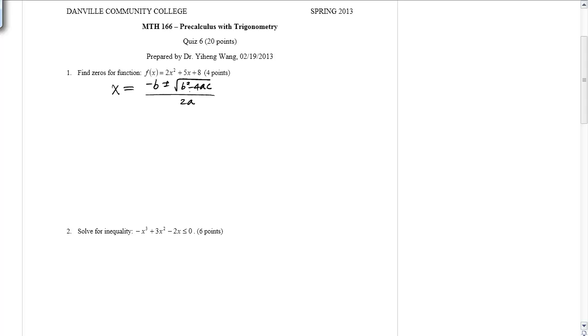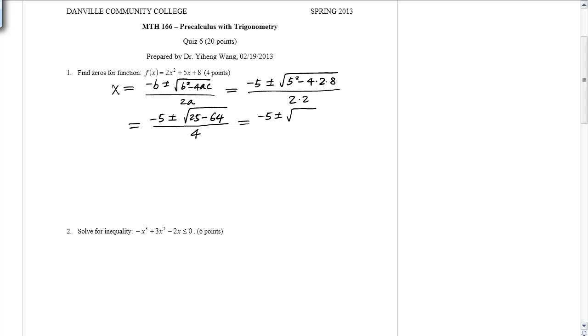over 2a. And in this case, b is 5, therefore negative b is negative 5 plus or minus, underneath the square root, 5 squared minus 4 times 2 times 8, divided by 2 times a, a is 2, so another 2. That equals negative 5 plus or minus, underneath the square root, we have 25 minus 64, divided by 4. This equals negative 5 plus or minus, underneath the square root, that's negative 39, over